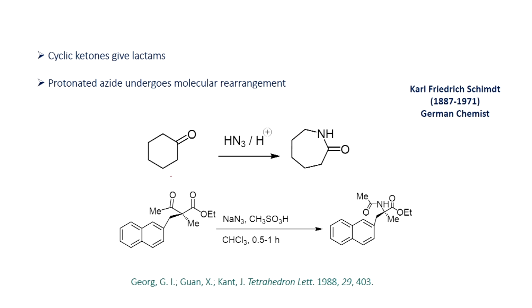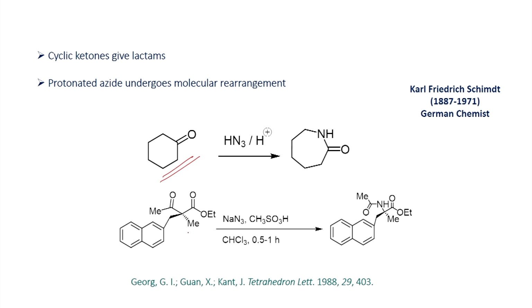So, if you take for example, we have seen the reaction with carboxylic acid. If you have the carboxylic acid, you can try to react with the HN3 in the presence of acid to give the acyl azide. Alternatively, you can also try to react with other carbonyl compounds. For example, here the reaction of ketone is shown, as we have seen, and if you have the ketone, that also can readily undergo reaction